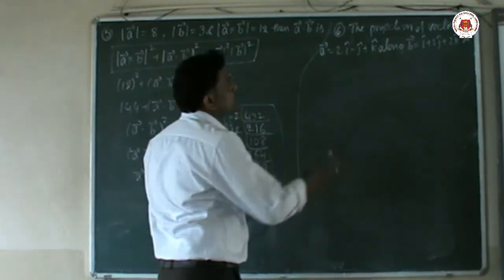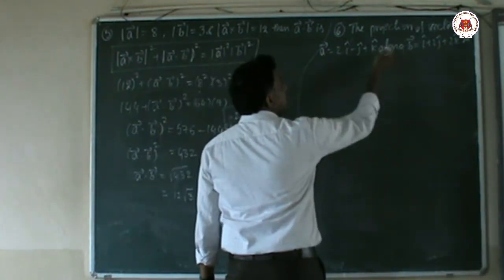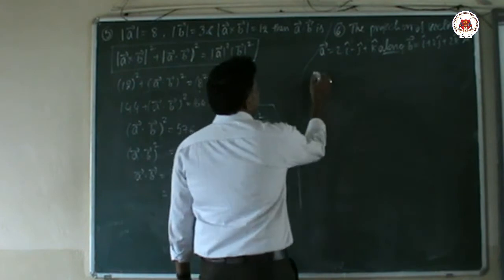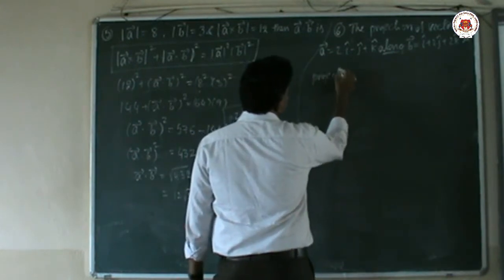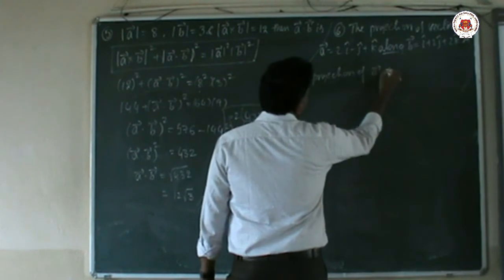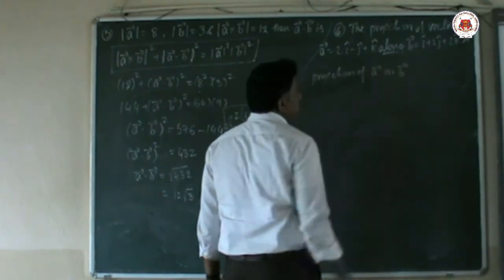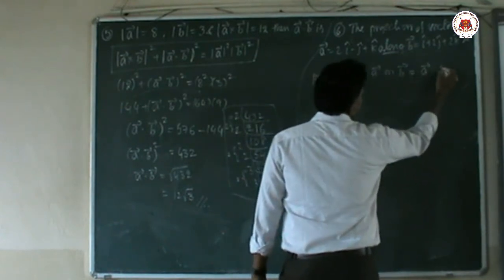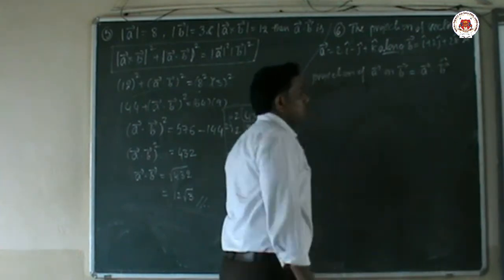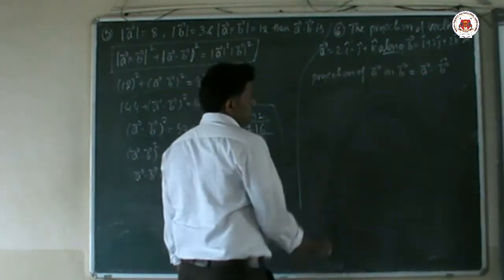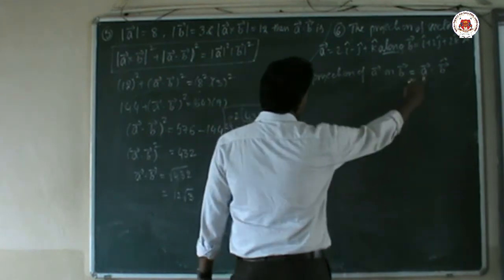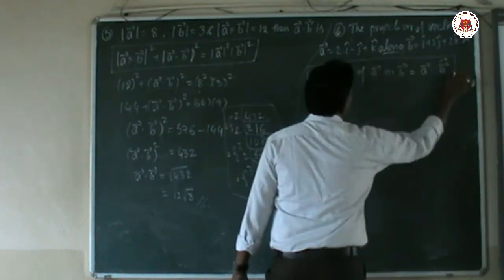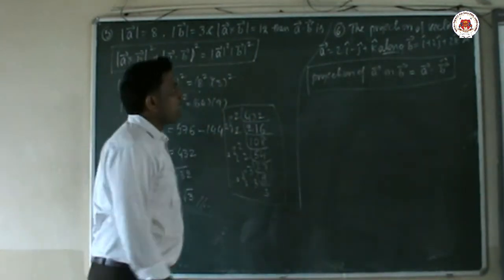What is the projection formula? Projection of a vector A along B or on B, both are the same, meaning along and on are both the same. So we have a formula. Projection of A on B vector is A vector dot B vector cap. That is the projection formula. Using that, vector A we know, but B cap we don't know. So first we have to find B cap.